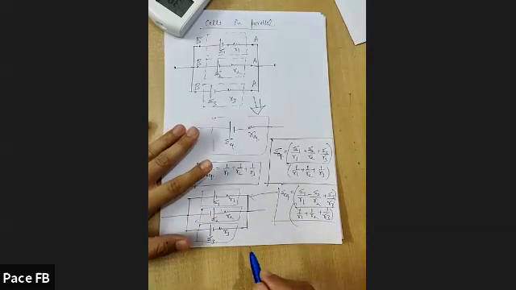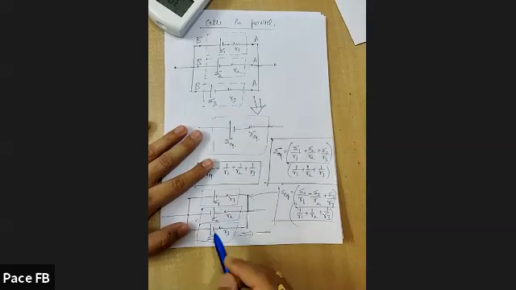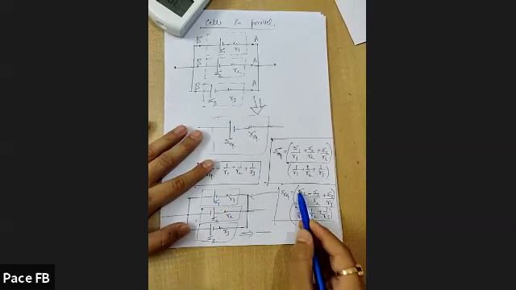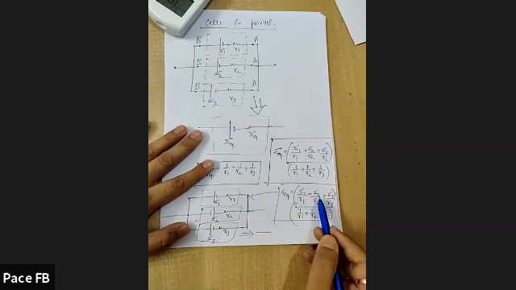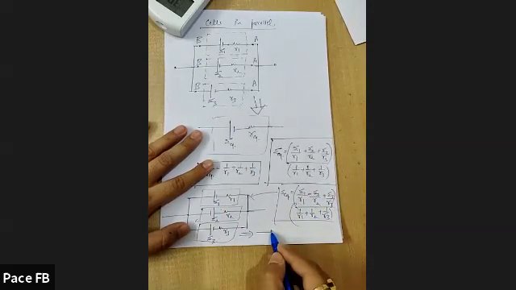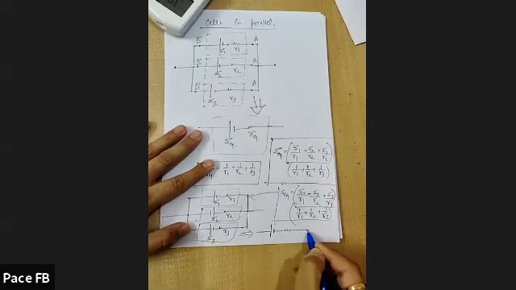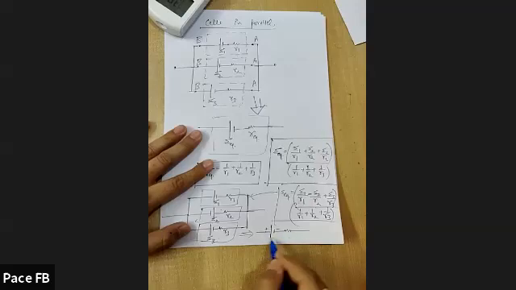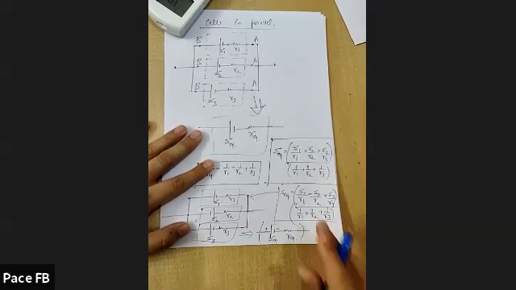Okay. And what would be the polarity of E equivalent? It would be governed by E1 and E3, because E1 and E3 are playing the major role. If the magnitude of E1 upon R1 plus E3 upon R3, both combined, is greater than E2 upon R2, then the equivalent cell would be having the positive polarity on left hand side and negative on right hand side, because E1 and E3 will govern them. So this would be E equivalent and this would be R equivalent. So this formula is valid for parallel.